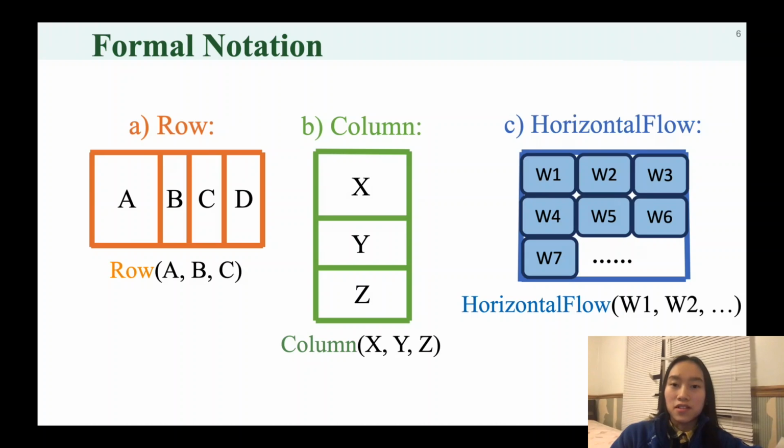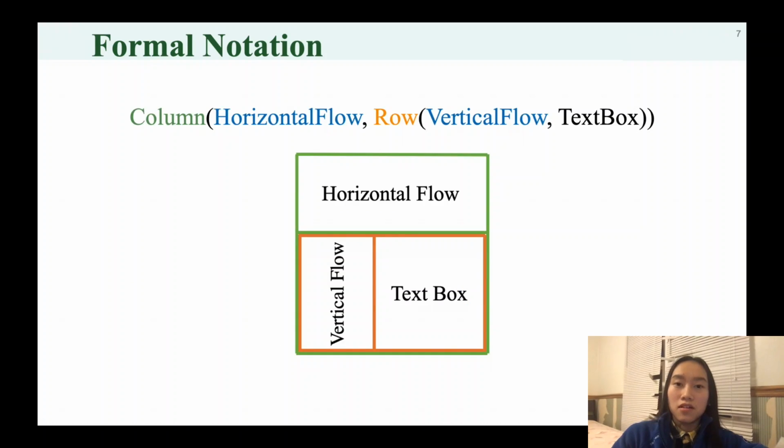We formalize fixed horizontal and vertical alignments as row and column layout types, and flow layouts as horizontal flow and vertical flow. The horizontal flow could contain toolbar widgets. In the horizontal flow layout, we use the all constraint to the right of the previous widget, or at the beginning of the next row between each consecutive pair of widgets. The org layout patterns can be combined. For example, this layout uses a column layout dividing the window into a horizontal flow and the lower part, which is a row layout containing a vertical flow and a text box.